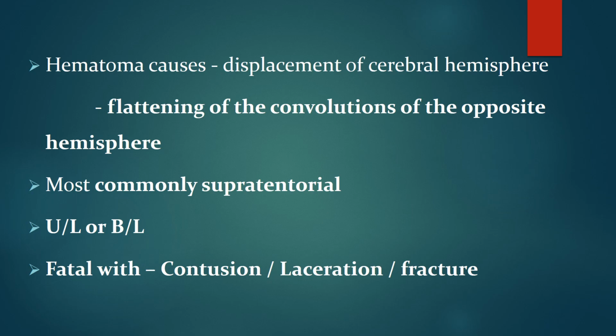because in extradural hematoma, the hematoma is expanding outside of the dura mater. Dura mater is a tough membrane, so the dura mater will be pressed upon the cerebral cortex, and there will be some degree of flattening. But in subdural hematoma, it is developed beneath the dura mater. So the hematoma itself is pressing on the brain. But hematoma is a softer substance, so there will not be flattening on that side. But due to midline shift, the opposite side cerebral cortex is pushed against the skull. So on the opposite side cerebral cortex, there will be contact flattening.